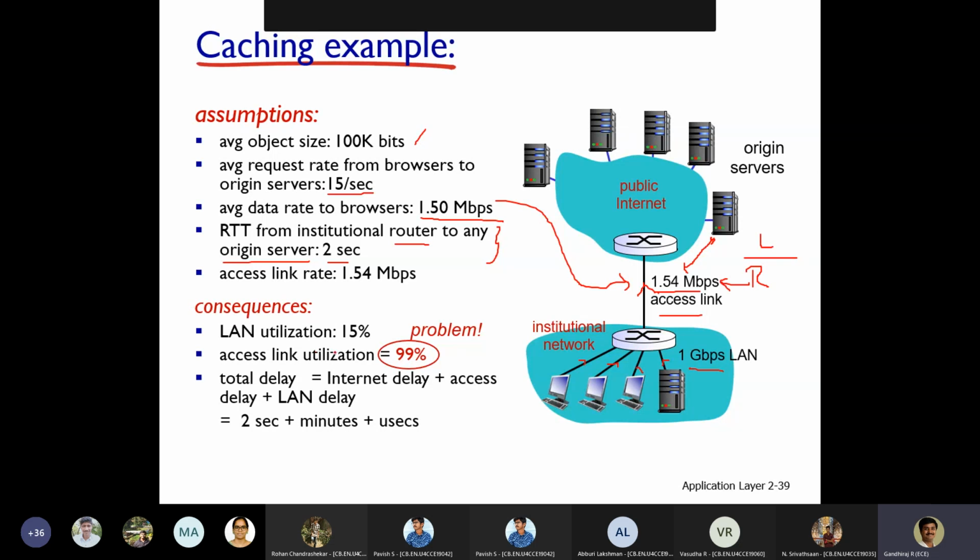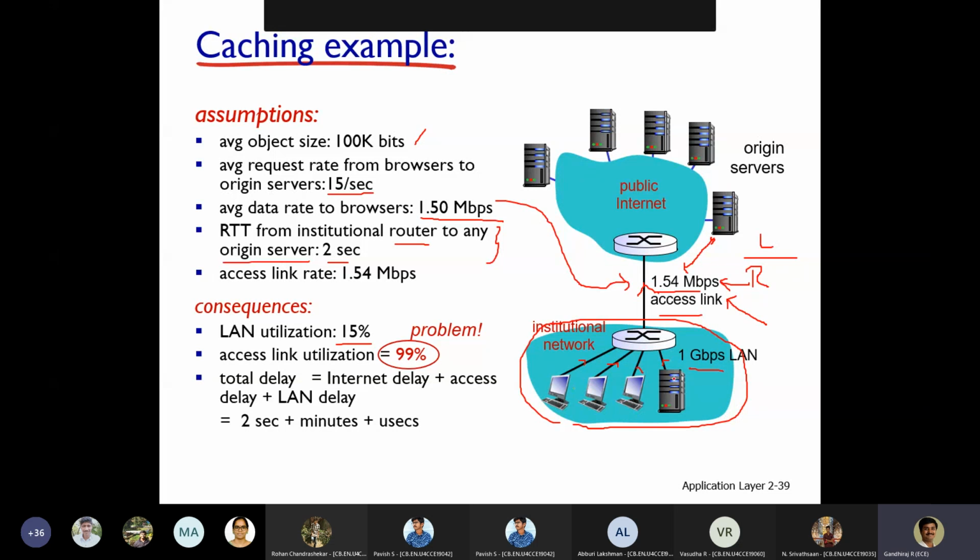The consequences: here it is given that the LAN utilization is 15% inside a college campus. Access link utilization is 99%. So the LAN facility available inside, how much is it actually being utilized?